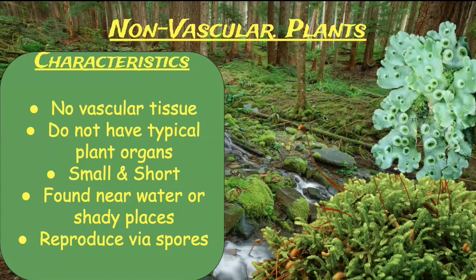Well, non-vascular plants are mainly going to be things like your true mosses, and then other plants like liverworts. They don't have any vascular tissue, and so they're not going to have xylem or phloem, which is able to carry nutrients and water to really, really high places. Like you can see these trees in the background. They would be vascular plants because those entire trunks of the trees are made up of xylem and phloem vascular bundles that are transporting nutrients sometimes over 200 feet up into the air. And these plants don't have that luxury. And so they're going to have to stay closer to the ground.